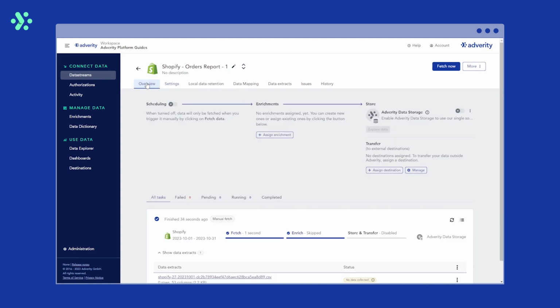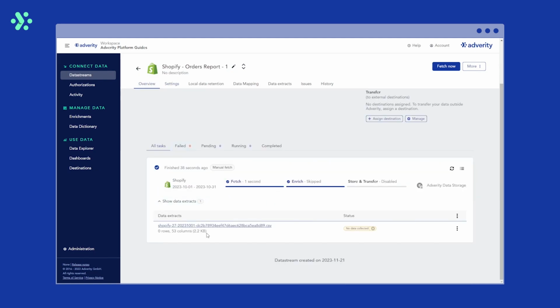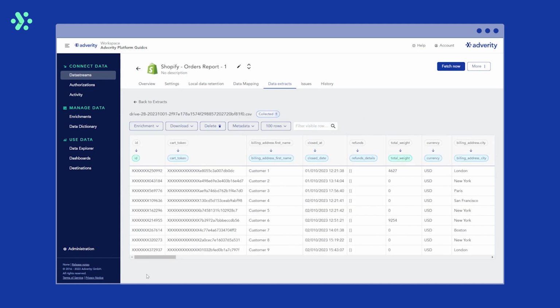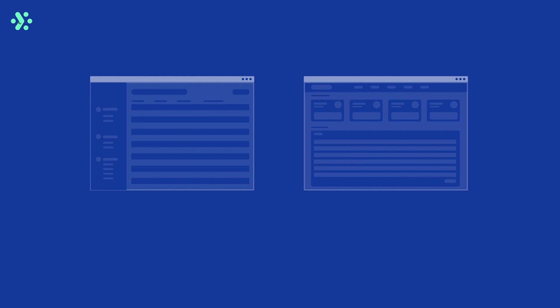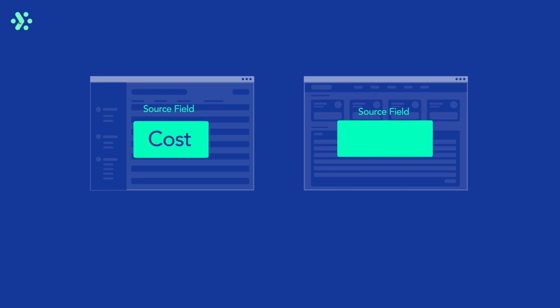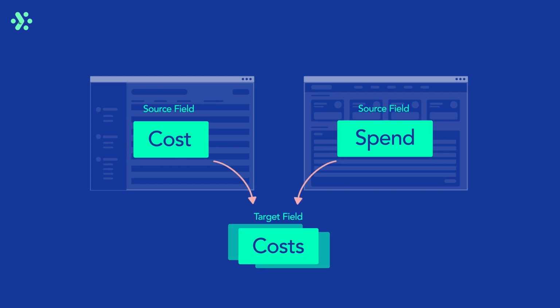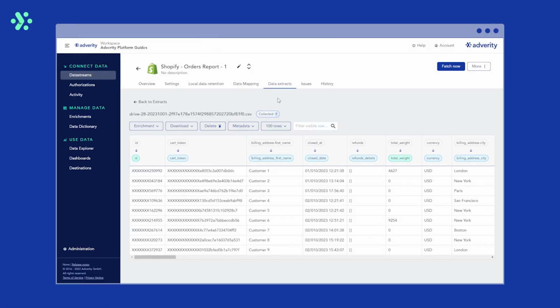Once your initial data fetch is complete, you can check the data extract to make sure all the data has been extracted correctly. In the data extract view, you'll also notice the default data mapping that has been applied to your data stream. Data mapping lets you automatically ensure data from different data sources follows identical naming and formatting rules. For example, data related to total cost might be named cost in one data source and spend in another. This makes it difficult to compare the same data from different data sources. By mapping these source fields to the same target field in Adverity, you can compare and analyze this data more easily. You can adjust the data mapping for your data stream at any time by heading to the Data Mapping tab